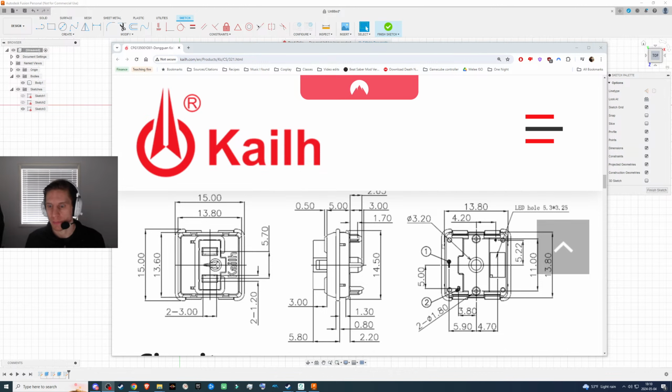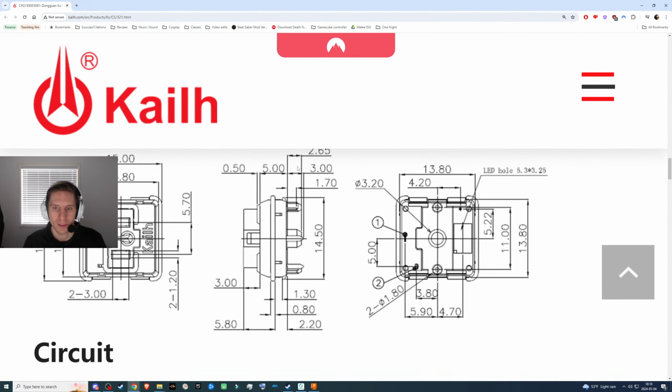And if you were using MX switches or Gateron, whatever they're called, switches, it's going to be all very similar. So the numbers might be slightly different. I don't actually know, but the number here is 13.8. So top to bottom is 13.8, and left to right is 13.8, and